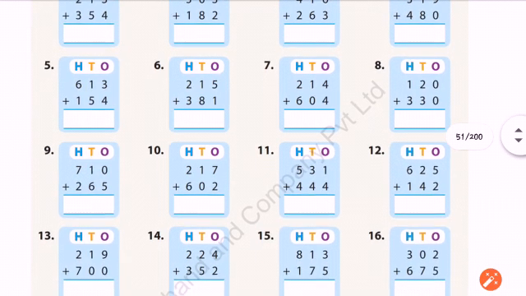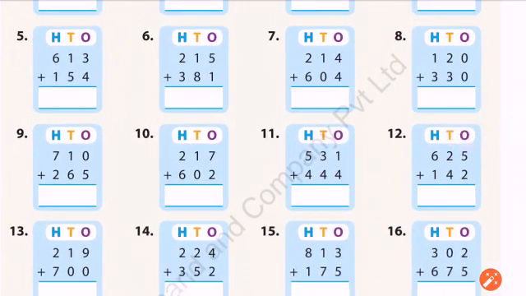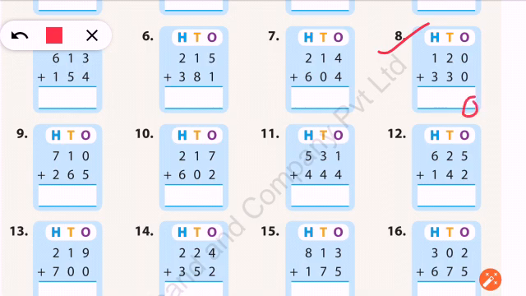Now we are taking questions randomly. Okay. So there will be no confusion for you and you can practice more and more sums by yourself also. Okay. Just listen to me carefully and practice your sums by yourself also. You have to do all these sums. See now, any question we can take. Just question number 8. 0 plus 0. Okay. Now 0 and 0 means nothing. If 0 and 0 is added, the answer will be 0.